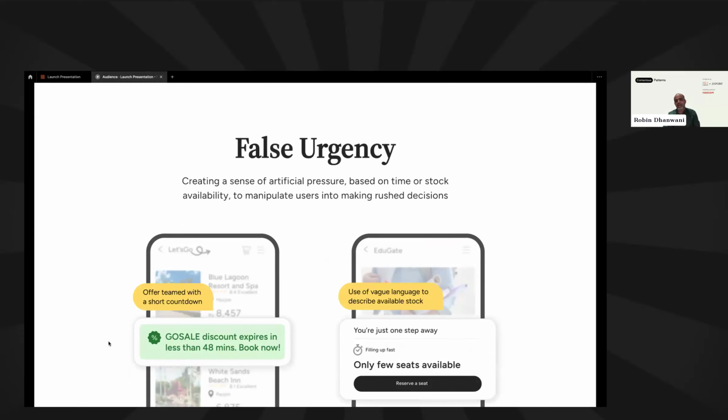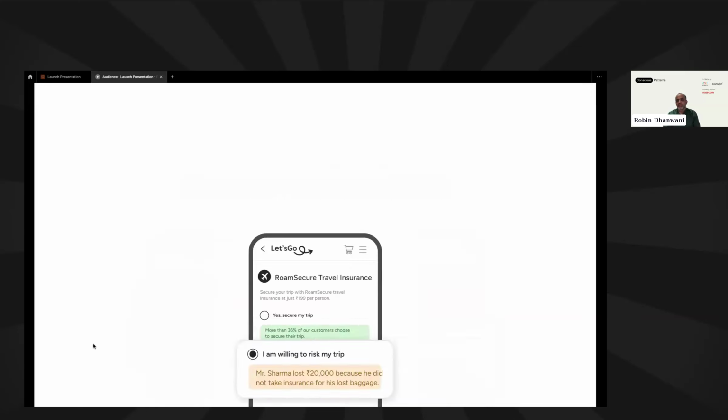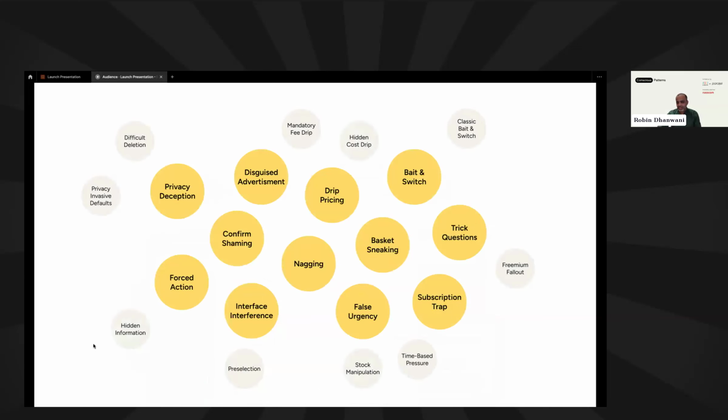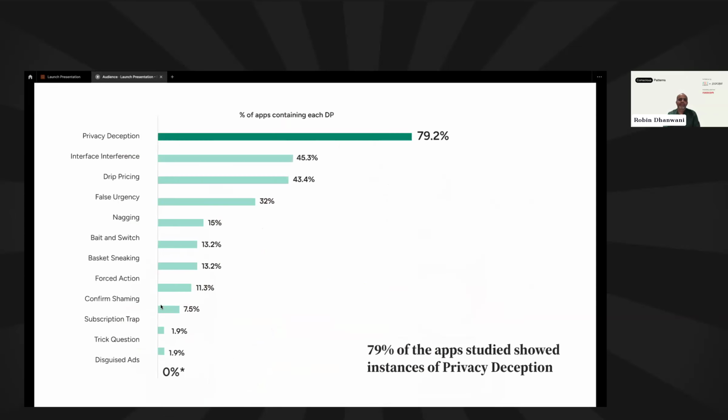So we all encounter these, I think. Now when we look at examples, you all might be realizing that we have been encountering these examples on a very regular basis. These are just some of the examples. And I think one last one, I would ask this to everyone: when was the last time you secured your trip without feeling guilty about it, right? So there are 12 deceptive patterns that we observed and some variants of those. All of these are available and explained with lots of examples in the guide.